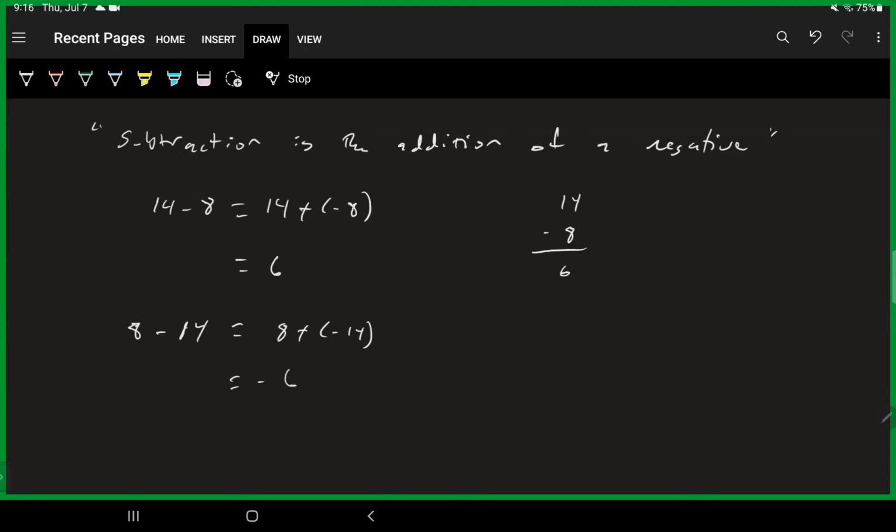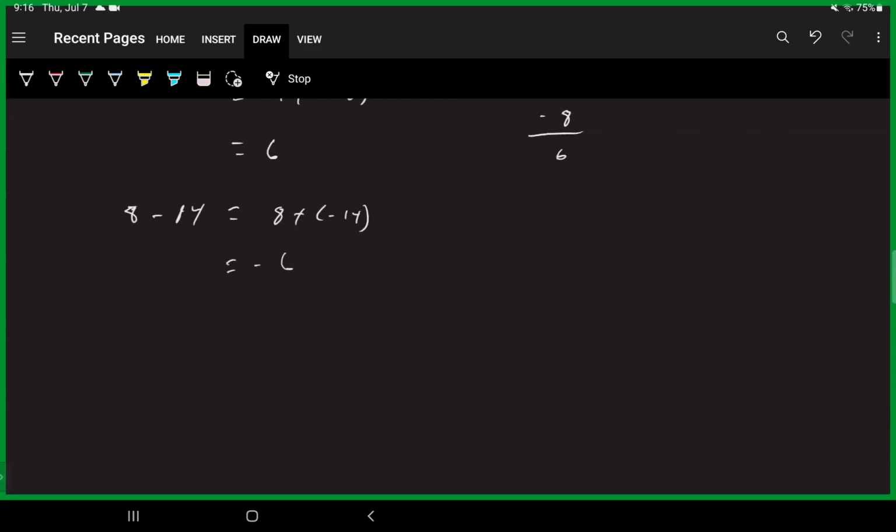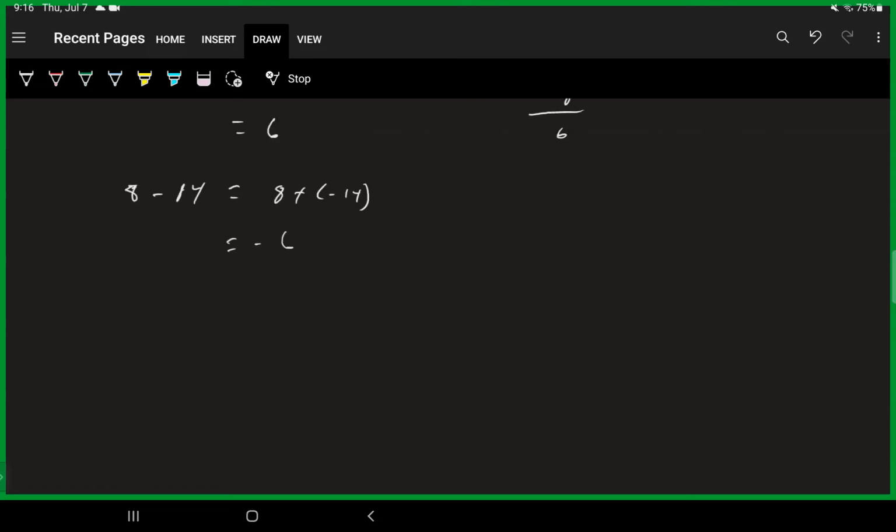So that is how we add and subtract integers. And really what it boils down to is subtraction is just the addition of a negative. We get some other situations. I alluded to things like -10. Let's do -10 plus -7. With this one, I have a negative added to a negative. I'm going to just add 10 and 7 together, and I'm going to keep the sign. The way I like to think about this is, hey, I owe someone $10 and I borrowed $7 from somebody else. I owe a total of $17. So that would be -17 for me.